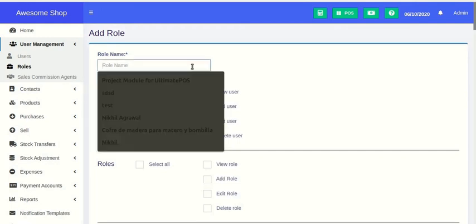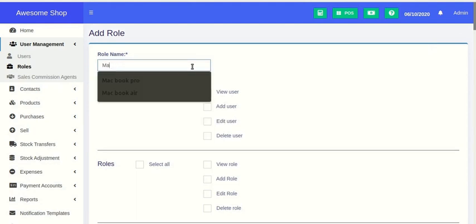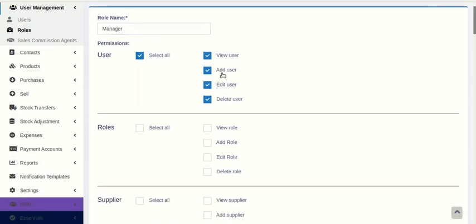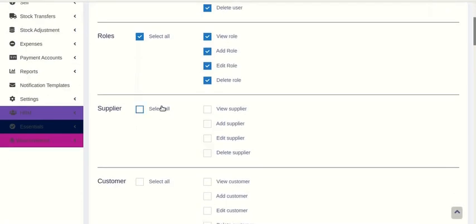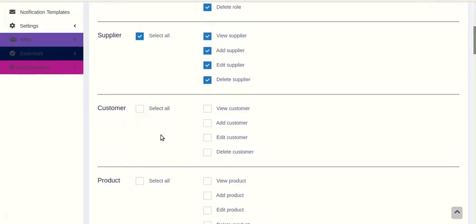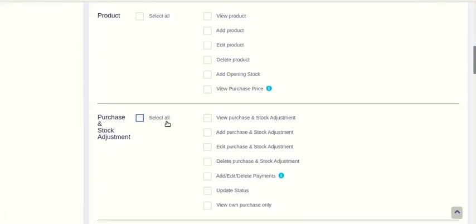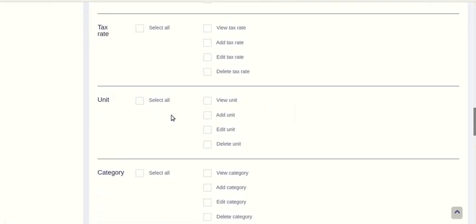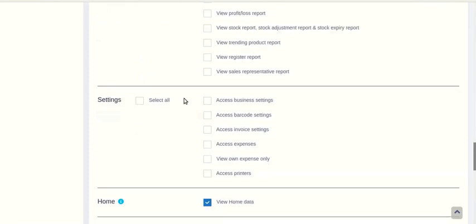So let us give an example of a manager role. In the manager role, you can assign different permissions to the manager. Like if you want to assign all the user-related permissions, you can select all. You can enable or disable any of these features by checking or unchecking these options over here. We have all the options for suppliers, customers, products, purchase and stock adjustment, sales, brands, tax rates, units, categories, reports,